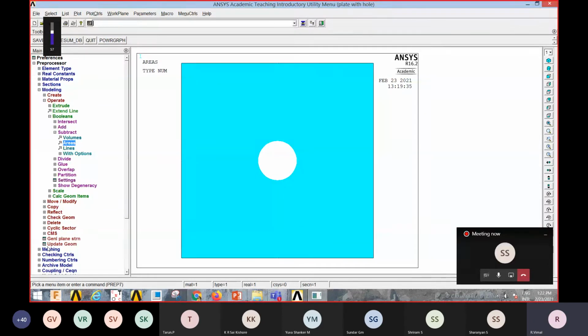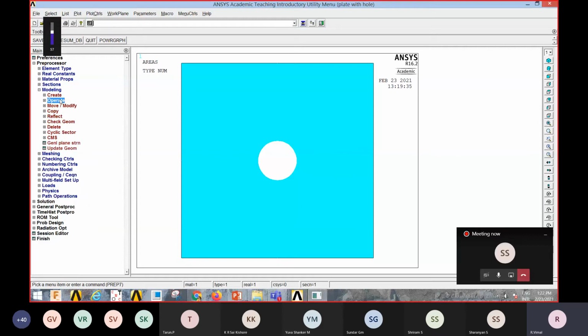So this is how we do the Boolean operation. You have to keep in mind, you have to click on the structure 2 times, and when you click it the second time, in the multiplicity dialog box, you have to click next. That will highlight the circle. Clicking on OK, the circle will be removed.